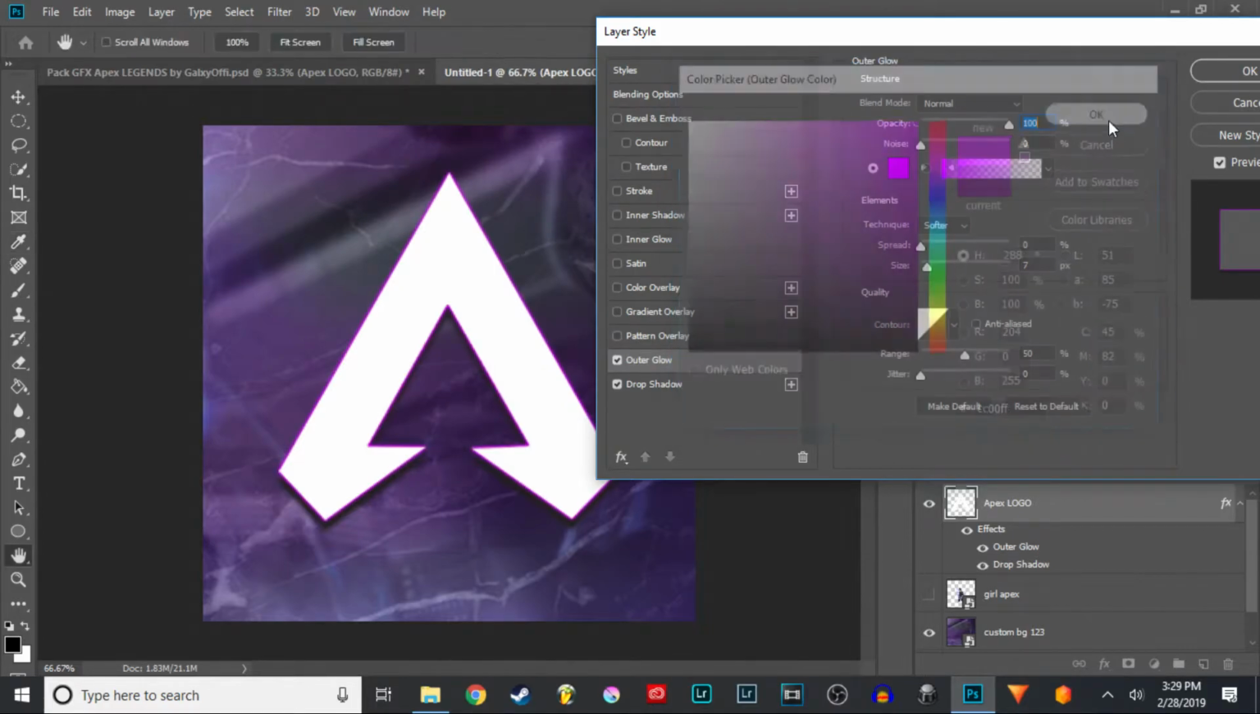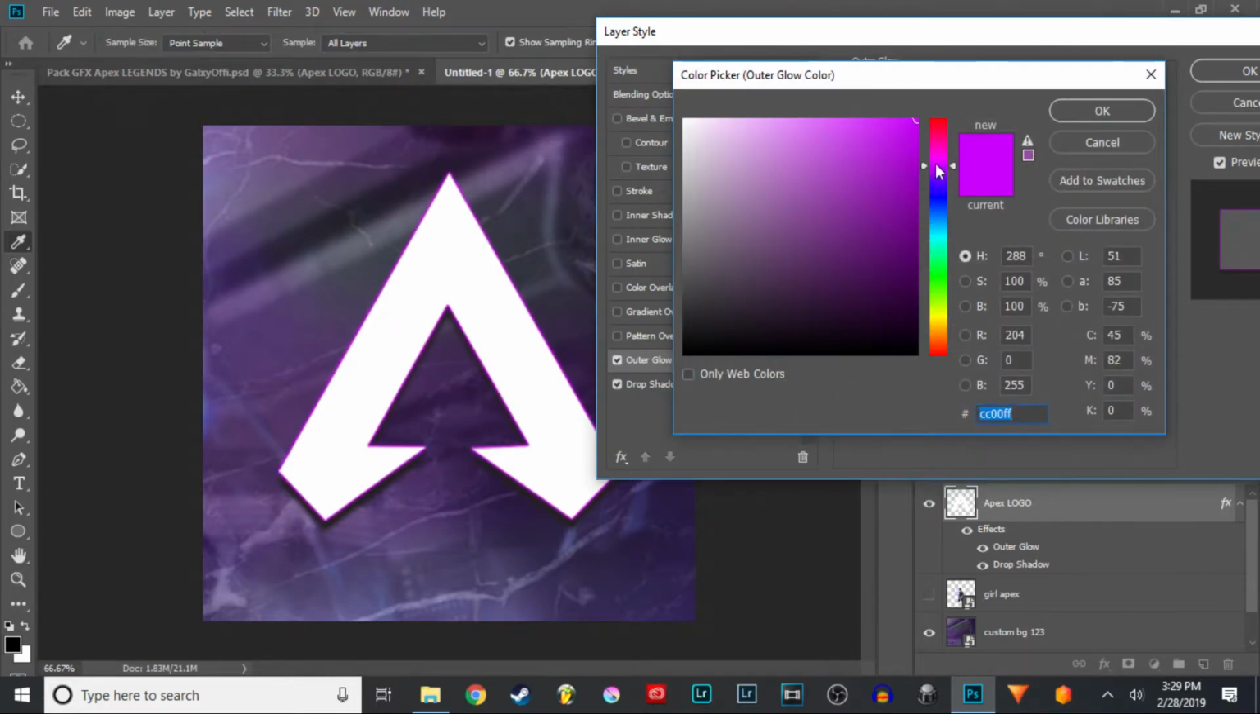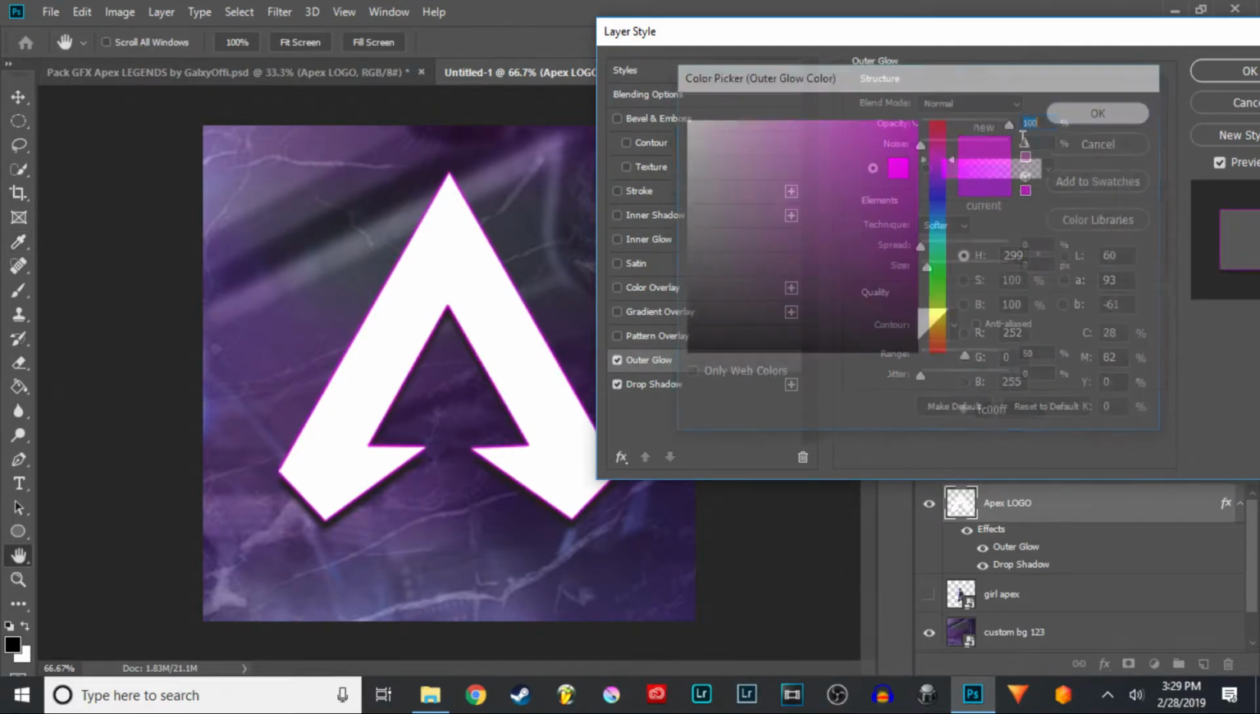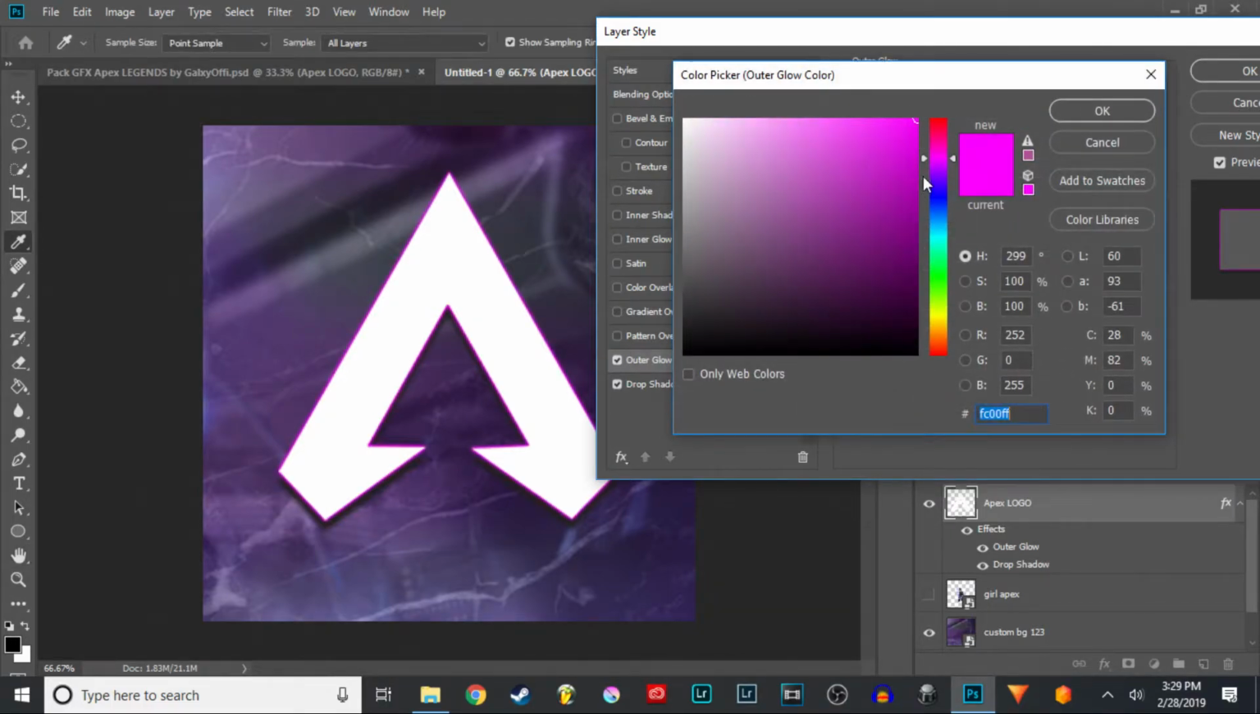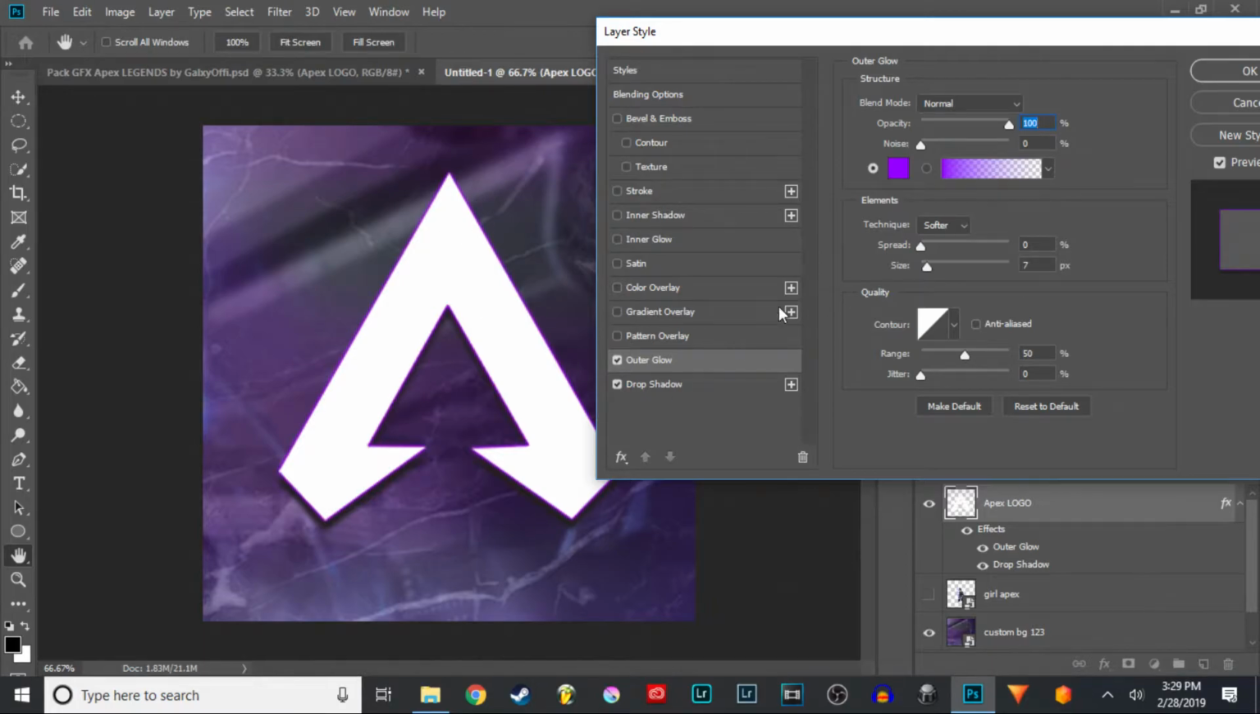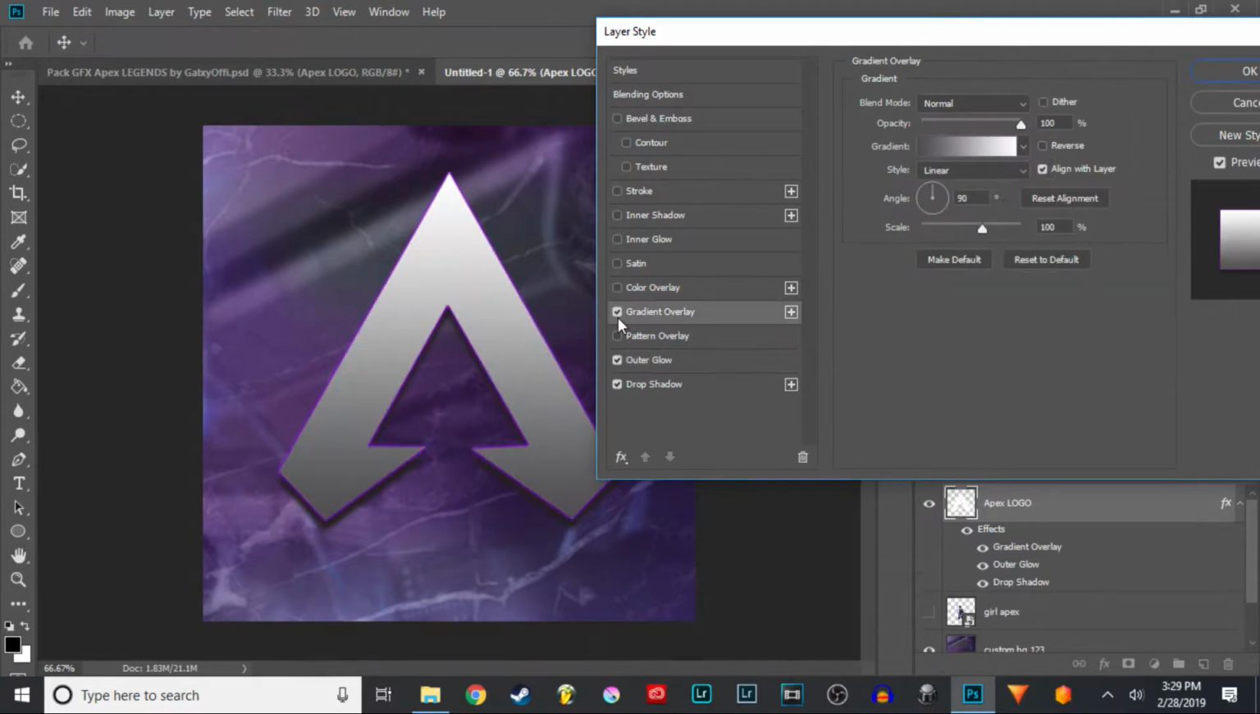That kind of looks good, but I feel like that's almost too bright. Maybe a little bit more pink. Let's try a little bit blue. Yeah, I like that one. That one looks nice, even, blends pretty well. Now I'm just going to change the opacity to maybe around 70, 75, somewhere in there. That looks pretty good. Now I'm going to go to gradient overlay, and I'll probably just keep the same exact style,